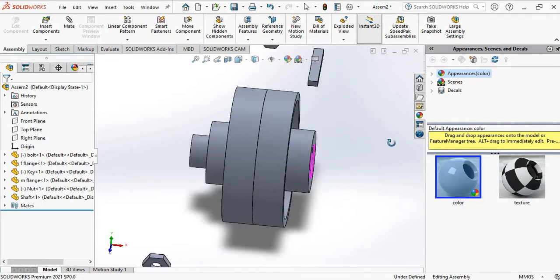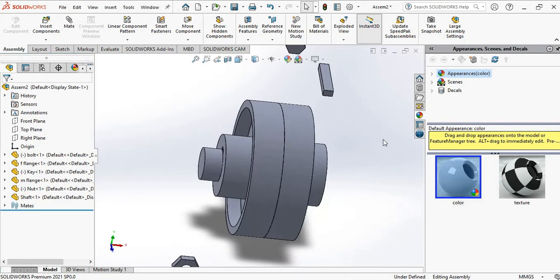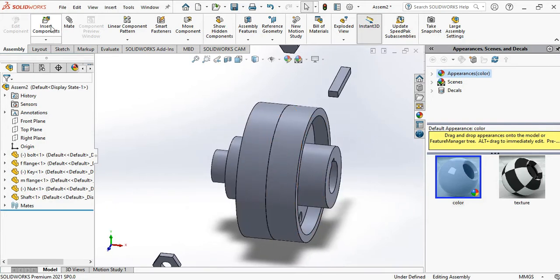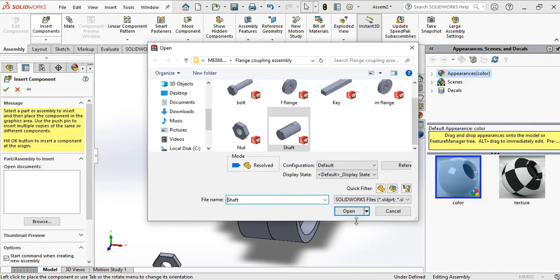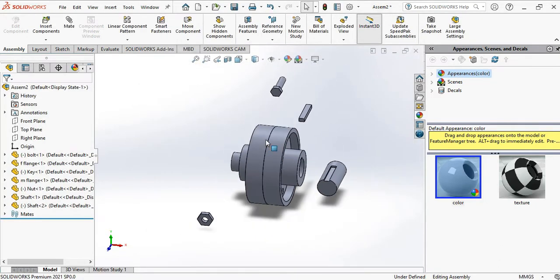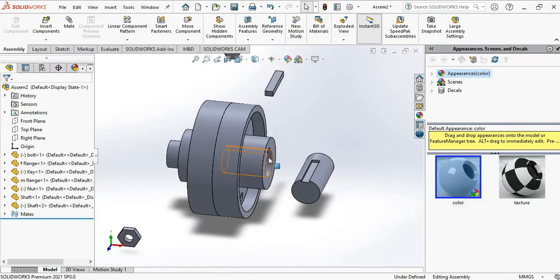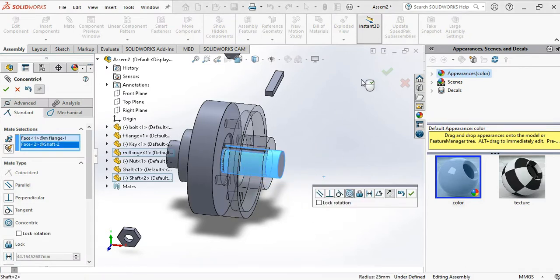Let's assemble one more shaft here. So go to insert component and insert one more shaft. Here we have to select mate, select this cylindrical region, this cylindrical region.